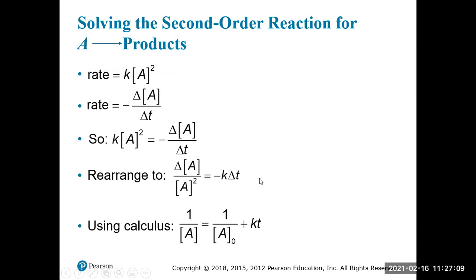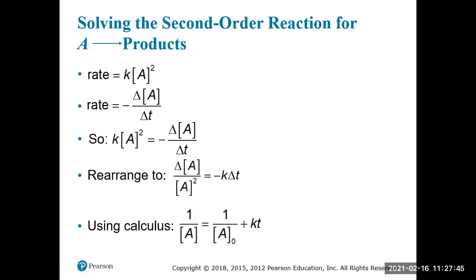We further can shift things around, getting all of the concentration terms on the same side. Once again, there's some calculus that goes into this to get rid of the deltas. And we wind up with 1 over A equals 1 over A initial plus KT. Probably should rewrite this a little bit and bring the KT over to the left. So it's KT plus 1 over A. That will get us to where it looks a little bit more like the Y equals MX plus B presentation